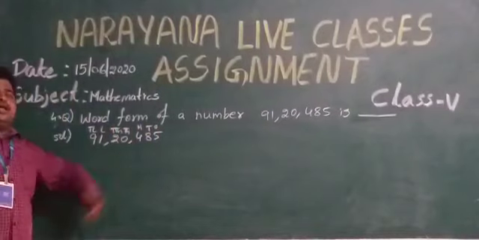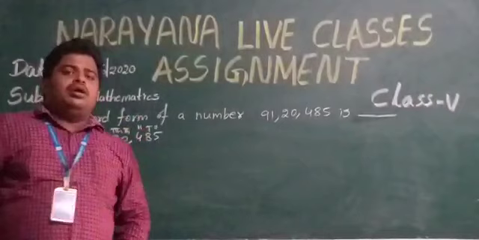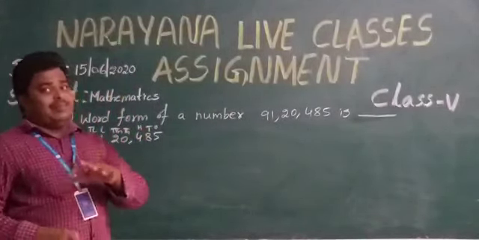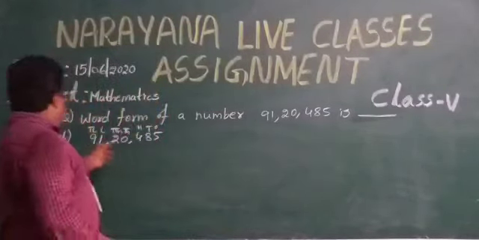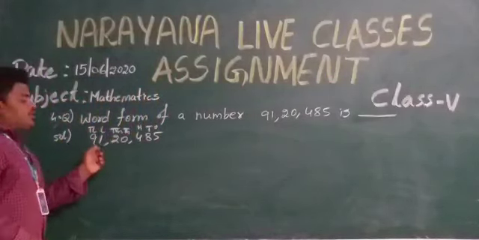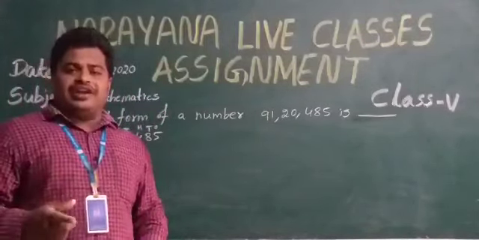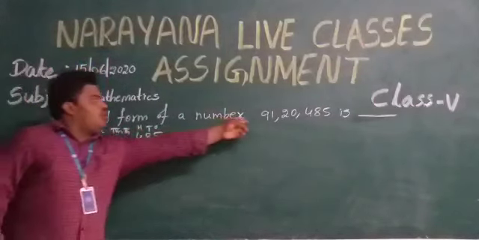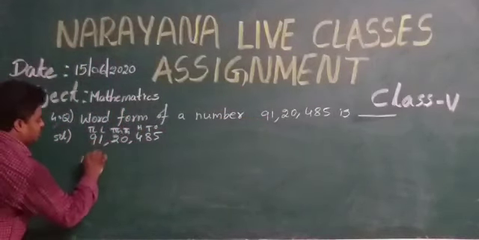When a guest invites our family to a function, the guest will write the invitation card with our entire family members' names. No, they won't write all the family members' names; they write only the head of the family. In the same way, here also we should not write 9, 10 lakhs, 1 lakh like that. You have to write 91 as 91 lakhs, because 91 belongs to the lakhs family.